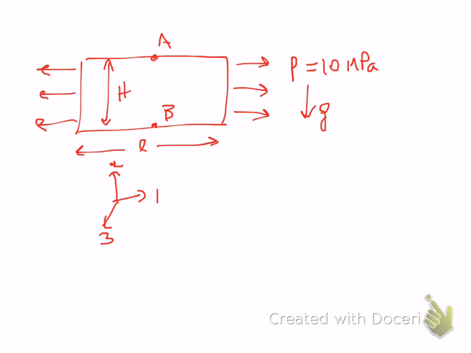So we are asked to find the coordinate system. So we assume it is a 1 and 2 coordinate system. It is the same all the way through the third axis, so we just make a cross section out of it. And it also says that we have to assume the length of the plate is very large compared to the height of the plate.